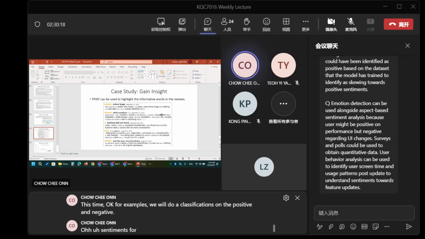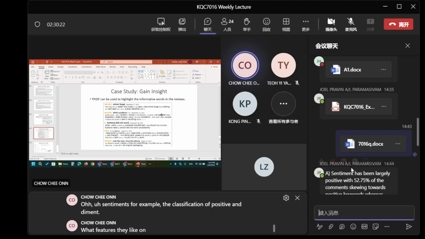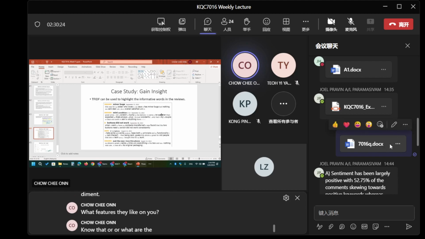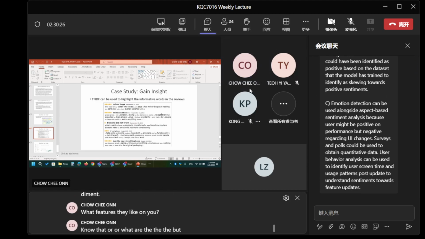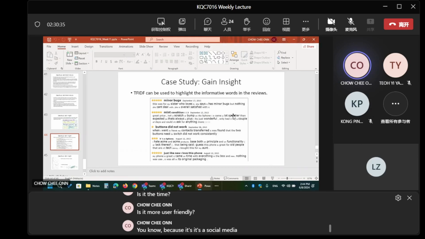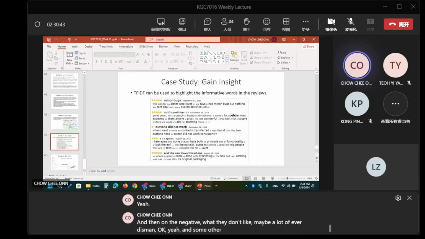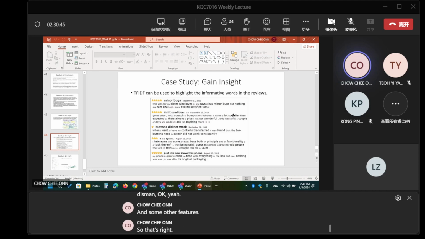For the classification on positive sentiment, what features do they like? Is it the time? Is it more user friendly? Because it's a social media platform. And then on the negative, what they don't like, maybe a lot of advertisement, and some other features. So if I have that, that would be better.